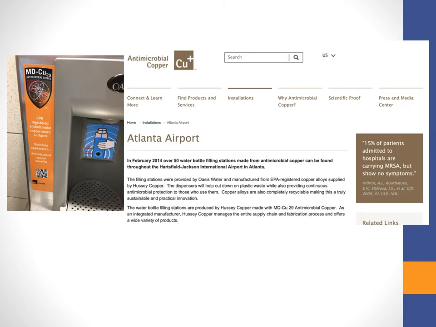And so, in our journeys, we can actually see ways in which companies have incorporated the science into their different products so that it inhibits microbial growth. One of the things we'll talk about is heavy metals like copper. If you go into some of the airports, you'll see that the water bubblers, which are probably taped off and not allowed to be used now, might be embedded with copper. And so that has this antimicrobial property. One of the times I was at the Atlanta airport, I noticed this, so I snapped a picture